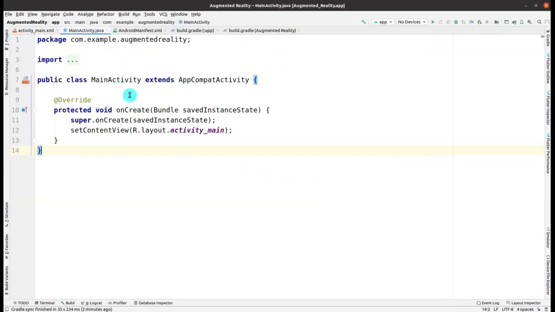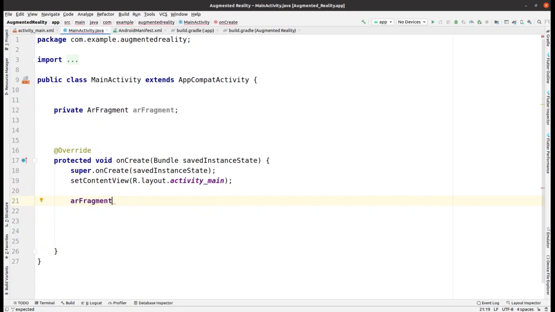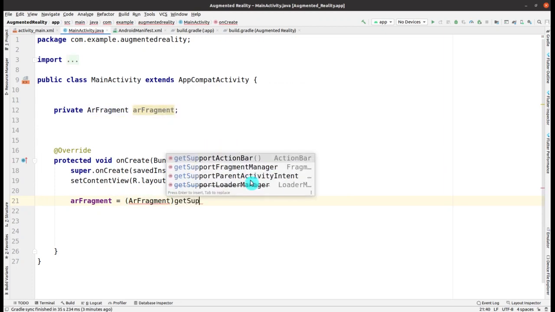Okay, so now the design part is completed, dependencies are added, and right now we are ready to fire within the main activity Java coding. Here I will be making this AR fragment as we are using Sceneform, so believe me, there are just 5 minutes left to run this application, not more. It will take 3 minutes to end this coding part, so just wait for 2 or 3 minutes. Everything will go in one flow.